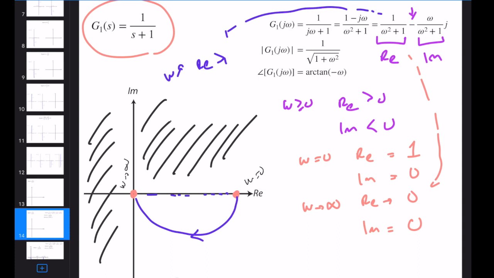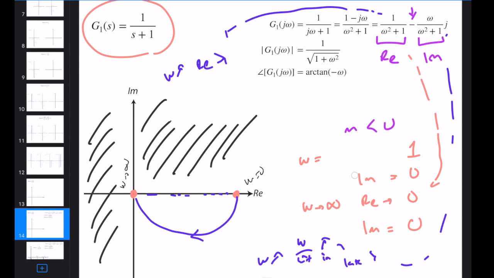What's happening to the imaginary axis? Let's look at this. If I increase omega, initially omega starts from 0 and this is close to 1. So with omega squared plus 1, it will increase in magnitude a little bit initially, and later it will decrease, and we will have this structure. Let's pick a specific point, and I will clean some parts because they're not very critical. I will see them later.